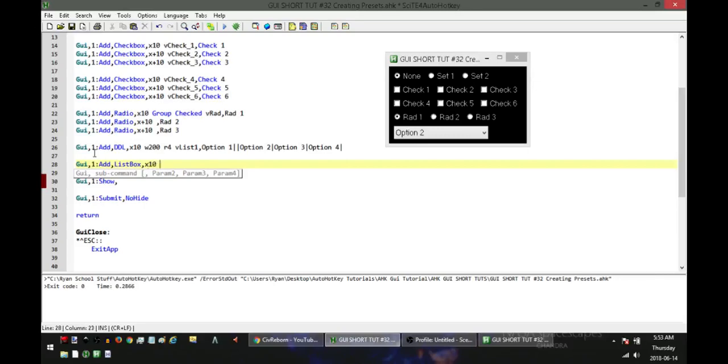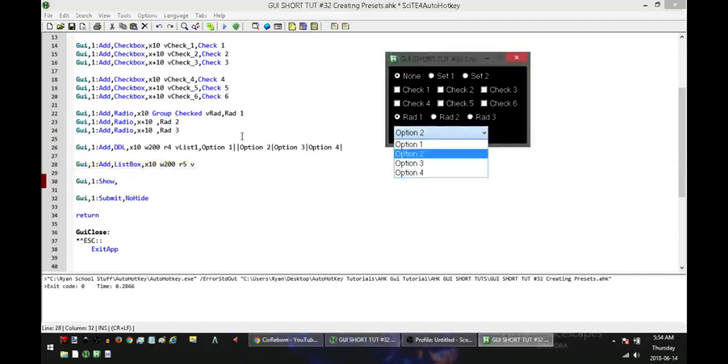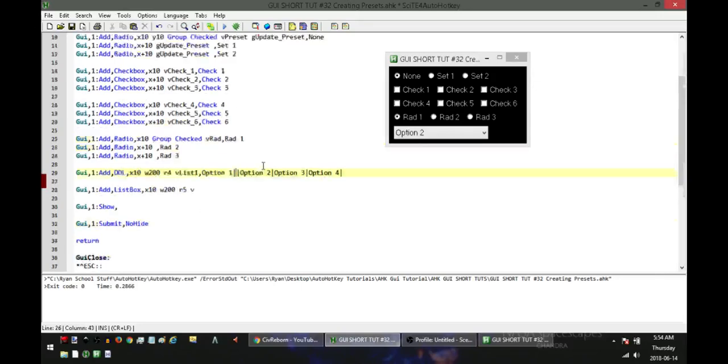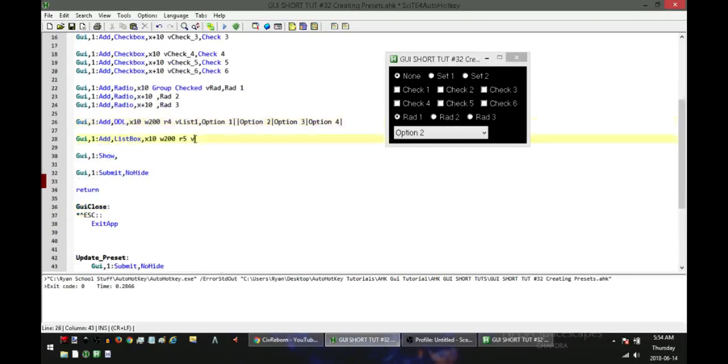I'll set it to X10, a width of 200. Rows, I'll make it 5 rows, so I'll give it 5 options. The variable associated with it is list2. And once again, if you're familiar with the drop-down list and the list box, you can use objects or arrays to hold these lists, so you don't have to put them in your GUI, because if you have a lot of items in here, you're not going to want to have it sitting here in your GUI. You might want to have it in a variable up at the top or something. But I'm going to call this list 2,